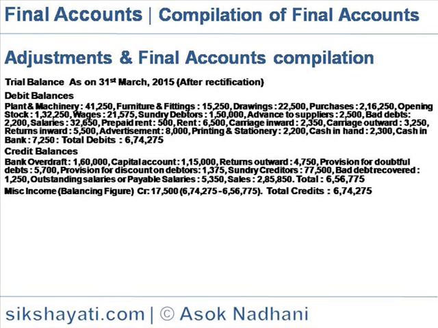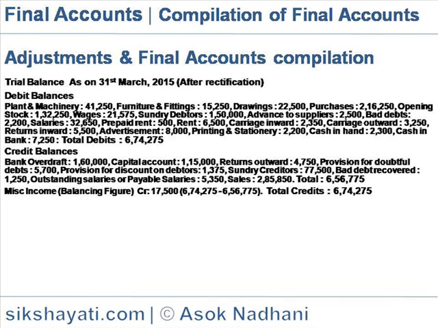The bank overdraft is 1,60,000, capital account 1,15,000, returns outward 4,750, provision for doubtful debts 5,700, provision for discount on debtors 1,375, sundry creditors 77,500, bad debts recovered 1,250, outstanding salaries or salaries payable 5,350, sales 2,85,850. So the total of credit balance is